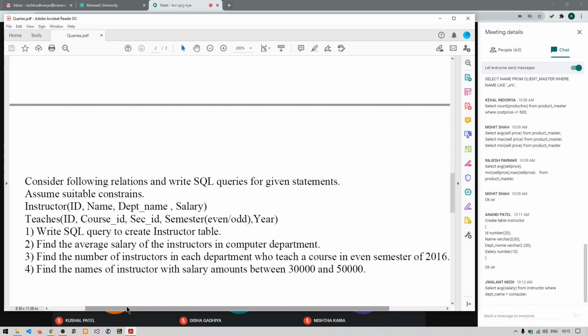Anyone who can give the answer of this? So your answer will be: select count(I.id) from instructor I, teaches T where I.id equals T.id and T.semester equals 'even' and T.year equals 2016. So that would be your answer, and at last you need to use group by